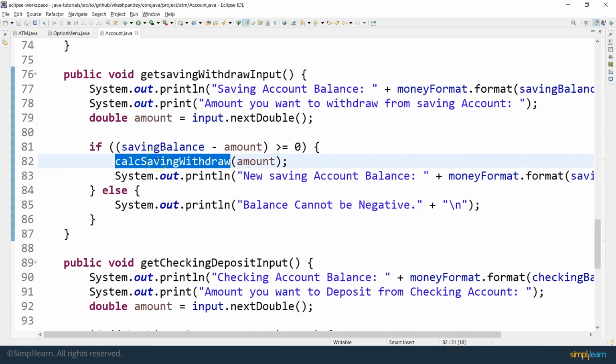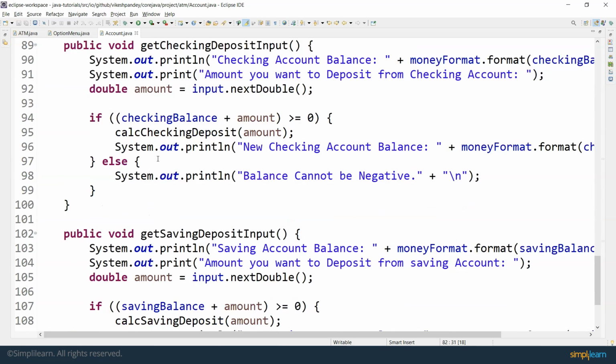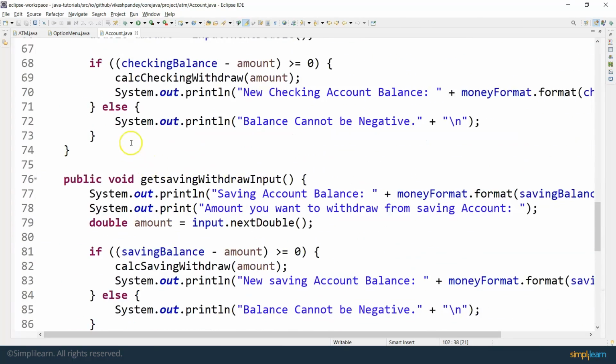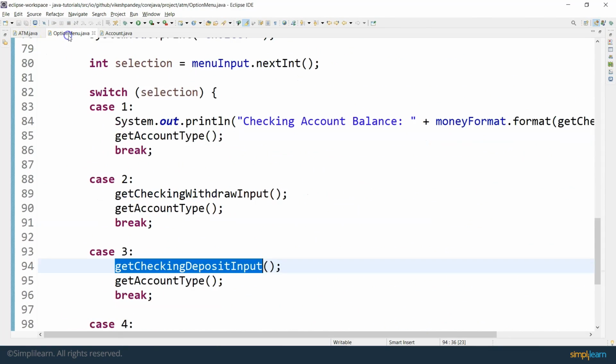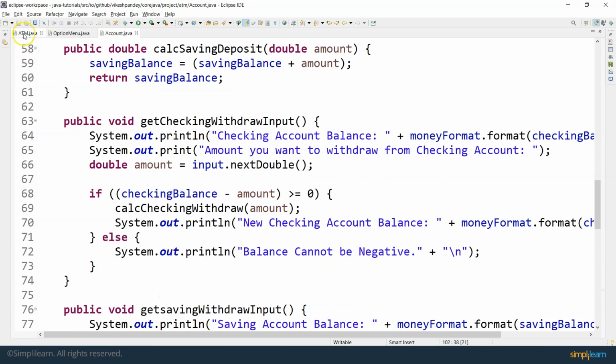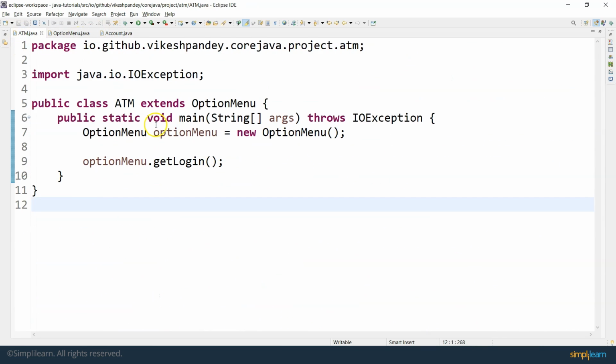And similarly, you will see the exact same functionality in the get saving deposit, where we add the money instead of subtracting the money. And this is all what is defined in the account class. So we talked about the option menu class. We talked about the account class, and now we have the ATM class, which is the entry point, which basically